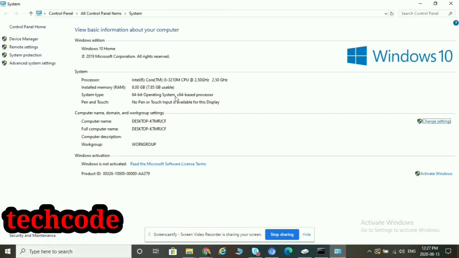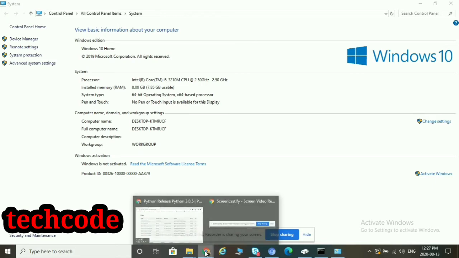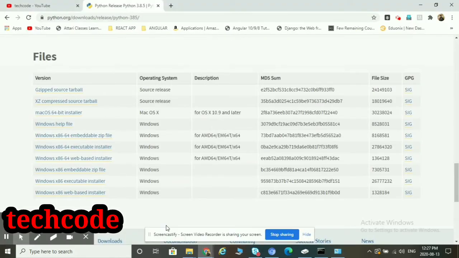Here in my machine we are seeing an x64 based processor, so a 64-bit operating system is installed. So it means I need to download the version which is compatible with the x64 based processor. So we will go to our browser.